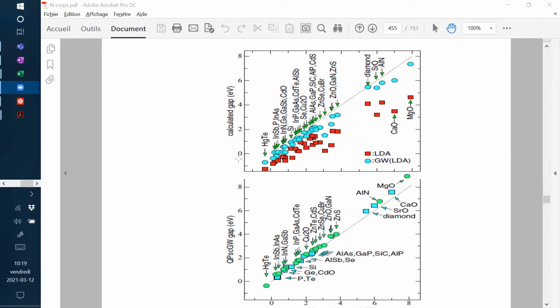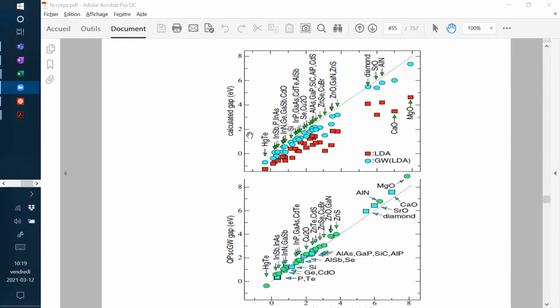How much energy does it take to kick one electron from the ground state to the first excited state? These are insulators or semiconductors. So this is the gap for various, as I said, mostly semiconductors, but semiconductors are just insulators with small gaps. We see the LDA,